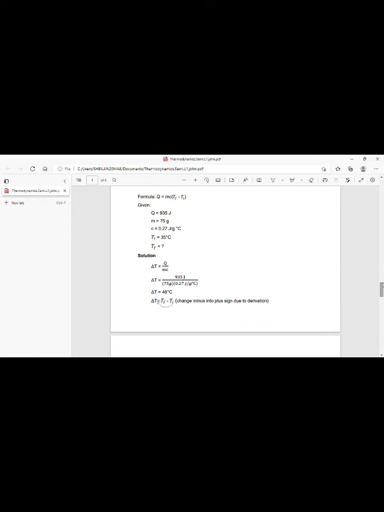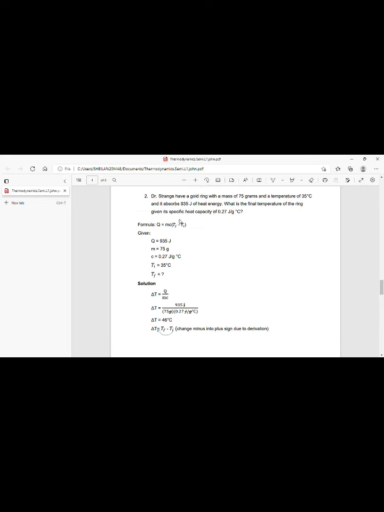Our formula that we're going to use is Q equals MC, the final temperature minus the initial temperature, which is our delta T, because the missing here is the final temperature and we will find it now. The given here is the heat energy, 935 joules, the mass is 75 grams, the specific heat is 0.27 joules per gram degree Celsius, and the initial temperature is 35 degrees Celsius. So the missing here is the final temperature. Our solution,